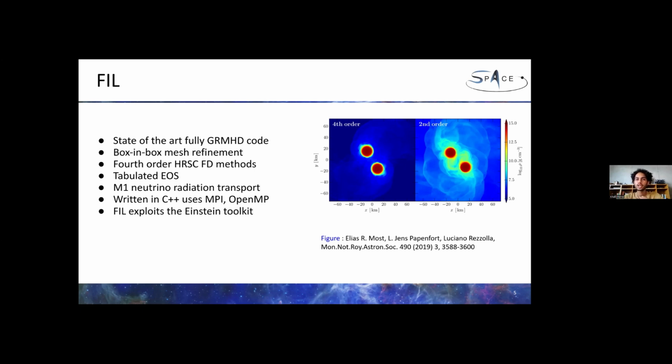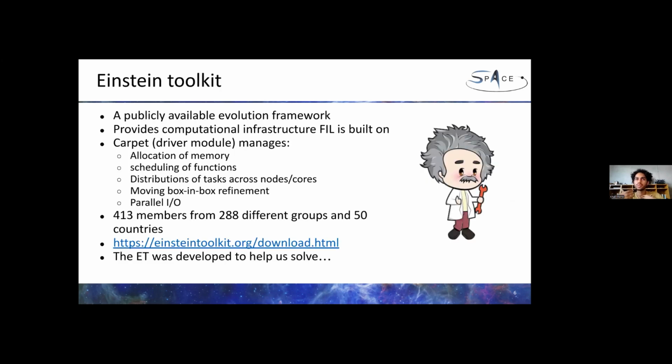It's written in C++. It uses MPI and OpenMP, and FIL exploits the Einstein toolkit. The Einstein toolkit is a publicly available evolution framework, and it provides the computational infrastructure that FIL is built on, and that a lot of numerical relativity codes are built on within the community. The Einstein toolkit has been around since the early 2000s and has been incredibly important for the development of this